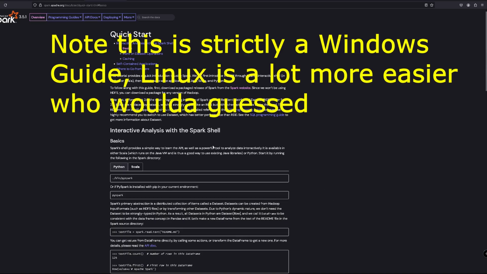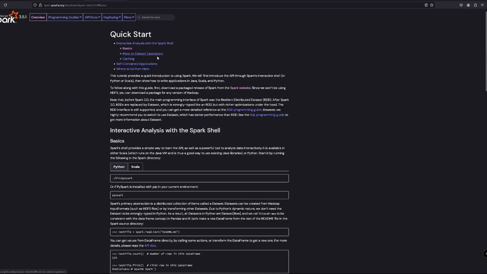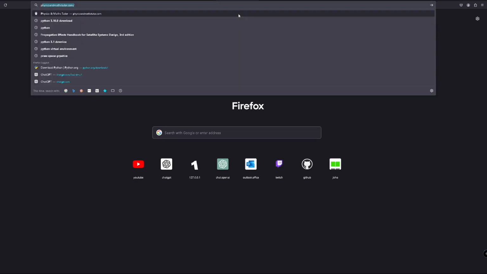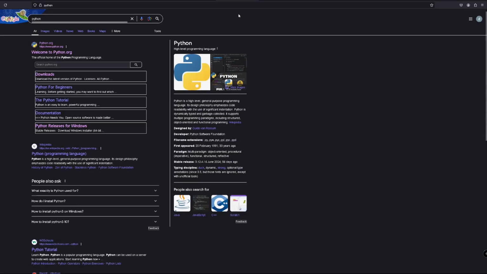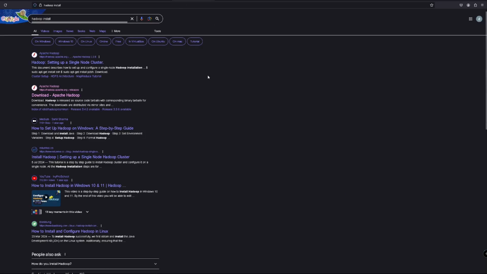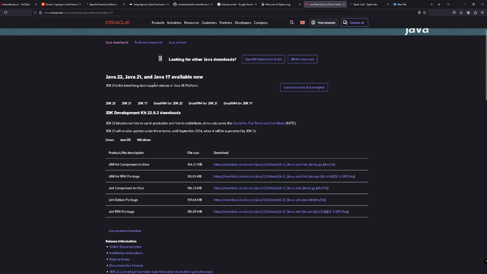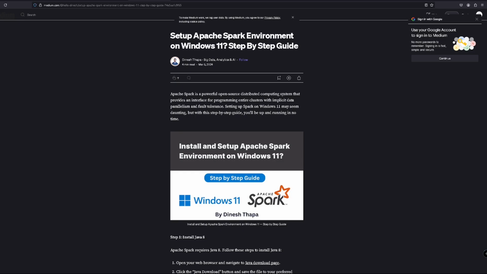Today I will be showing you how to set up a local Apache Spark server. What you'll want to do is make sure you have the necessary tools. So this will include Python and such, Hadoop, winutils, and the Apache Spark environment. And you'll need the Java Development Kit. If you get confused at any point, there are plenty of guides online, and so I'll just get straight to